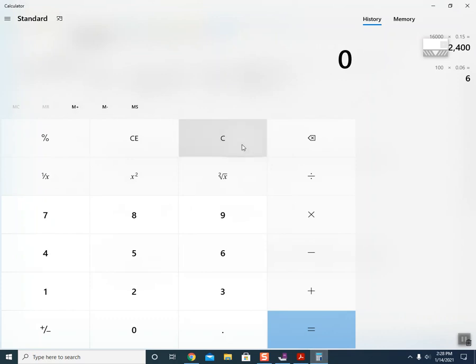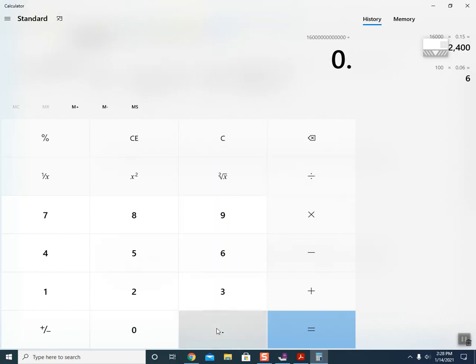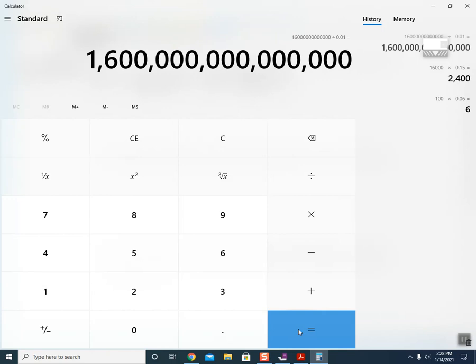Let's see. 16 and 1, 2, 3, 4, 5, 6, 7, 8, 9, 10, 11, 12. 16 trillion divided by 0.01 equals